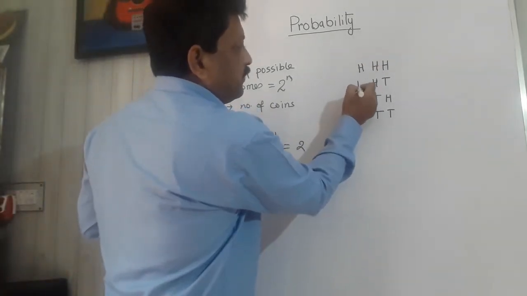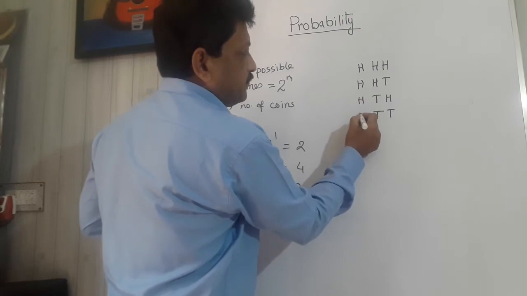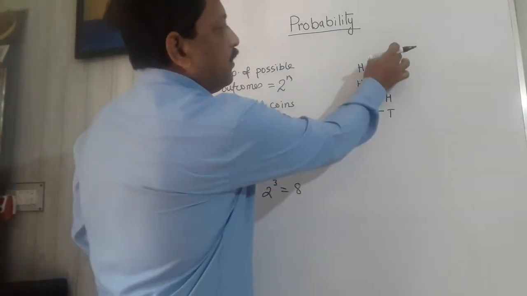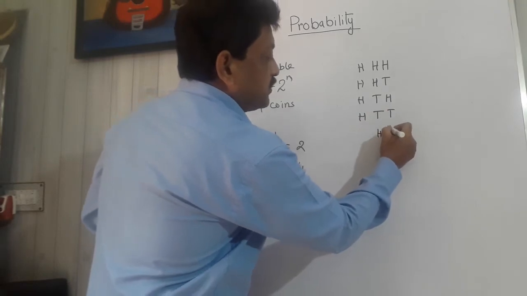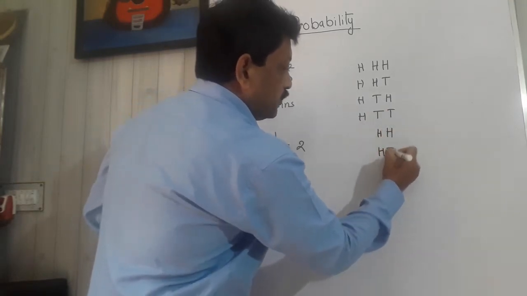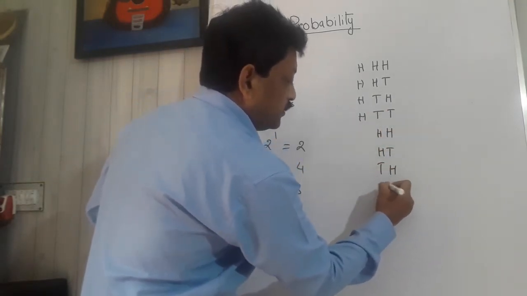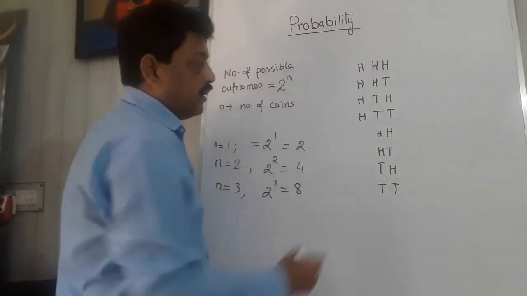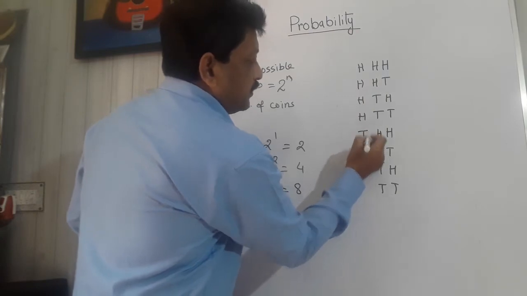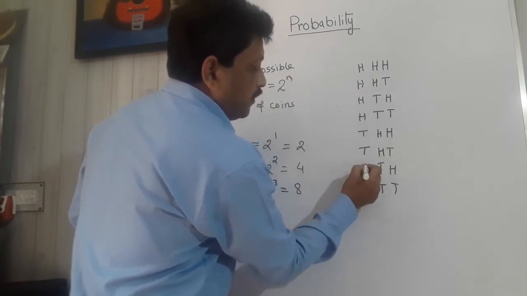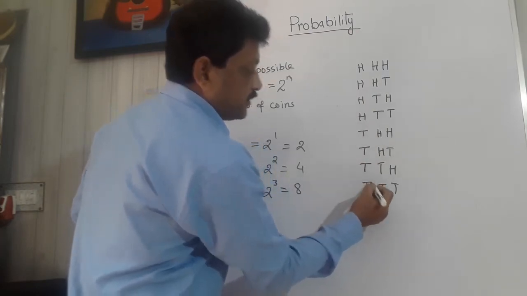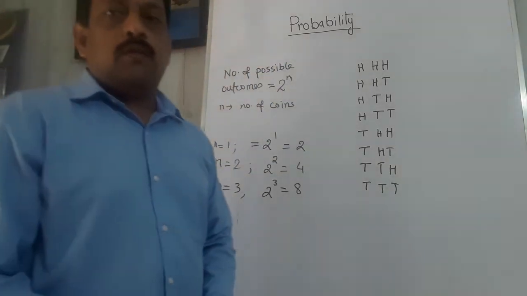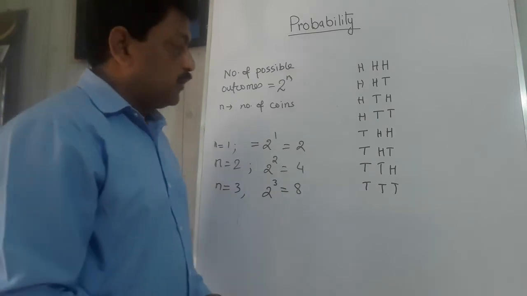Take all the first coins as H. Got it? Now repeat the same thing again with 2 coins, HH, HT, TH and TT. H represents head and T represents tail. Now for the first coin, write tail in all the 4 cases. So here are all the 8 outcomes, 8 possible outcomes.